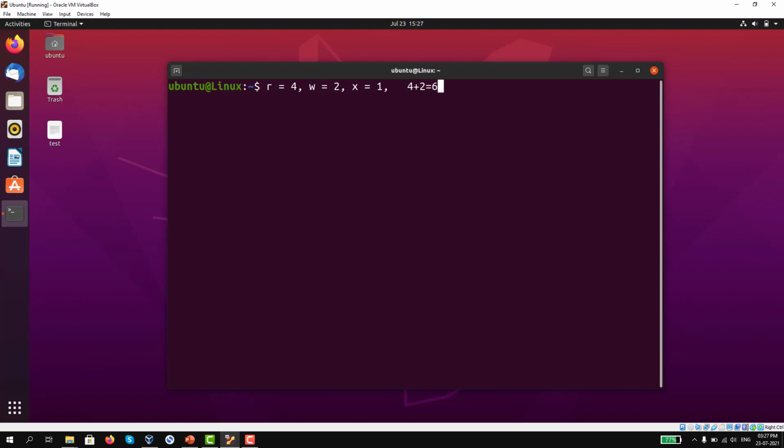I need to use 6 as representation for both read and write permission. If I want to add only read plus executable permission, I need to use 5. Okay. Like that, we will add permissions based on our requirement, and we will use that numerical representation to add permissions or to remove permissions.